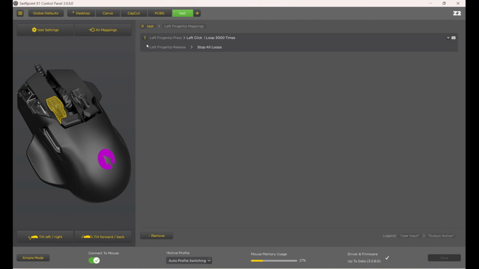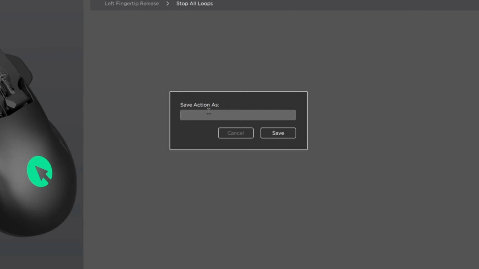You're probably thinking, Sean, all of that looks awesome, but how do I save that macro to my mouse or to the X1 control panel's custom action library so as to not have to manually create the auto clicker macro time and time again? Awesome question. I'm so glad you asked. You'll be pleased to know it is as simple as hitting the three yellow dots in the top left corner of your macro editor screen and clicking save. Naming it something memorable like Sean's sensational auto clicker, clicking save and bish bash bosh, you've created yourself an auto clicker macro that is now available for you to assign to any button on the Z2 across all of your profiles.